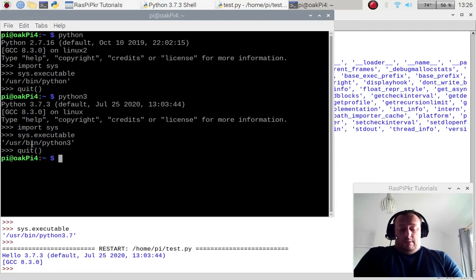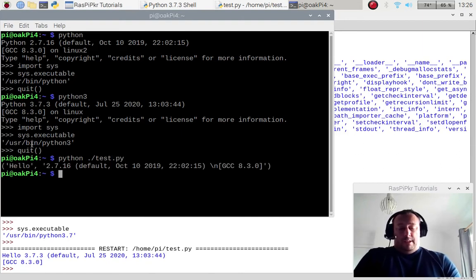Right, if I call python as it is, and then test.py, you'll see that it runs with Python, because we've told it to do Python, and when you just pass python on its own, it will try and do it as the 2.7 version. But if I make this executable by doing chmod +x and then passing the file name,